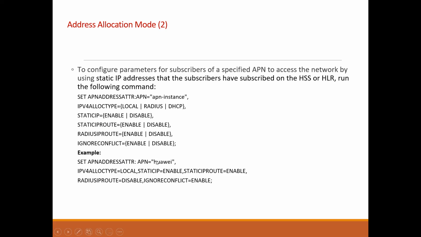You can set the APN address. The APN is Huawei. The allocation type is local. Static IP is enabled. That means that the IP addresses are going to be static IP addresses. Static IP route is enabled. Radius IP route is disabled and ignore conflict is